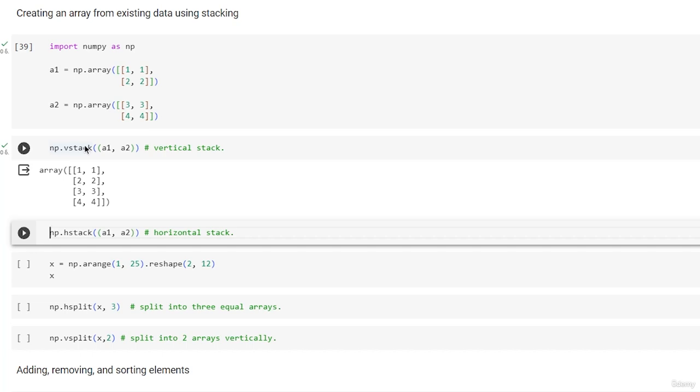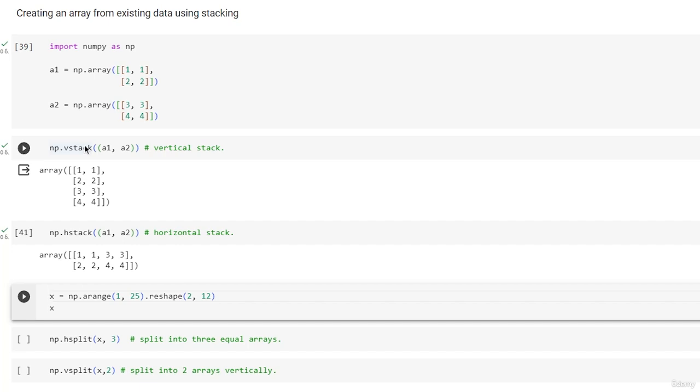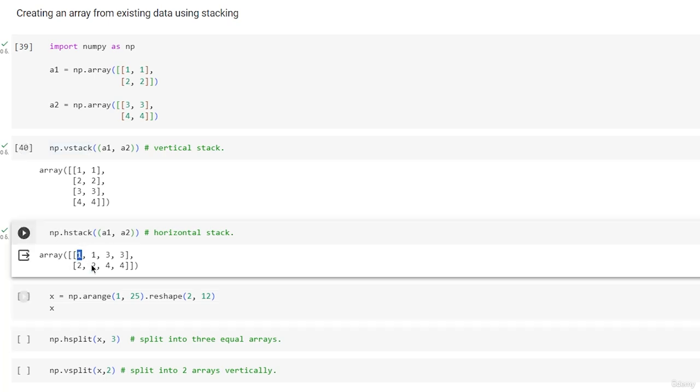Then we can do a horizontal stacking, meaning adding one array and another array column by column. So what you can see here is concatenating A2 into A1 and returning a new NumPy array. Here we have A1 having the first two columns and then having A2 with its own columns appended into the